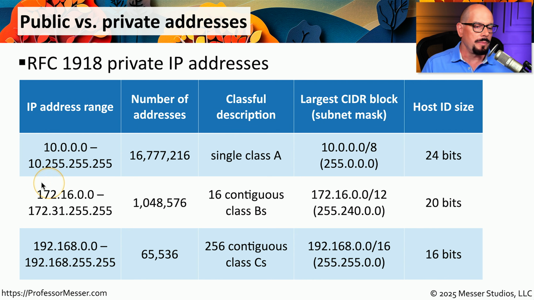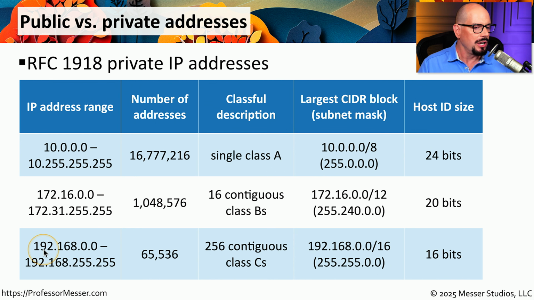On a smaller network, you might use the range 172.16.0.0 through 172.31.255.255. This combination gives us just over 1 million addresses that we could use to define private devices on our internal network. And if you use a network at home, then your local device probably assigns IP addresses using the